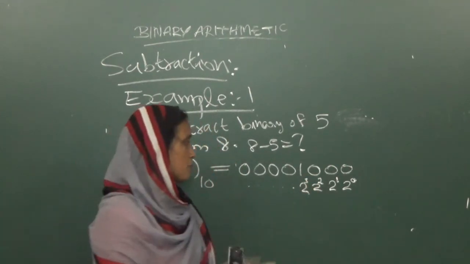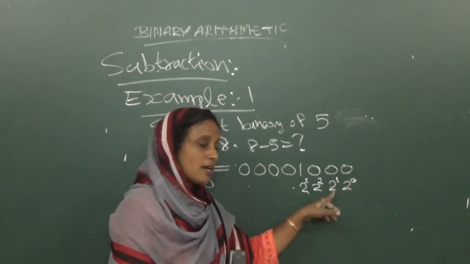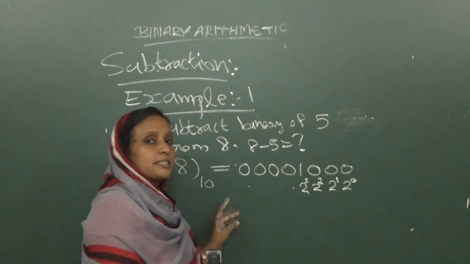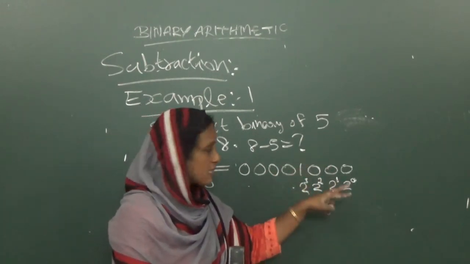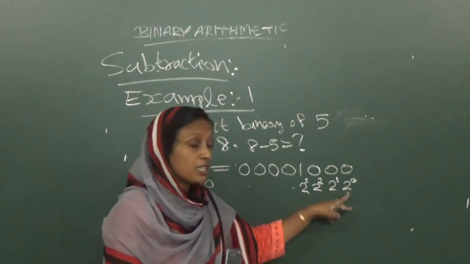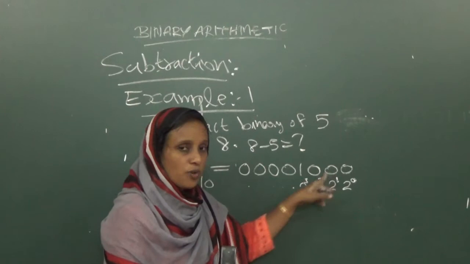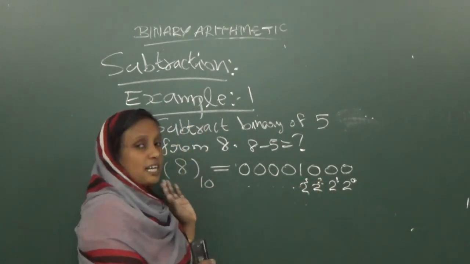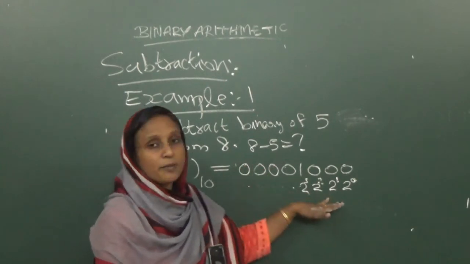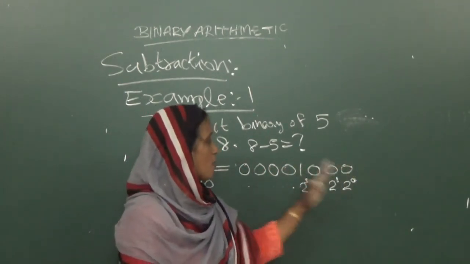Just like decimal system. In the decimal case, we write here 10 raised to 0, 10 raised to 1, 10 square, 10 cube, etc. Similarly, in the binary system, we give its positional value like this: 2 raised to 0, 2 raised to 1, 2 square, 2 cube. Okay, so we can easily convert 8 to its equivalent binary because 2 cube is 8. So all other positions go